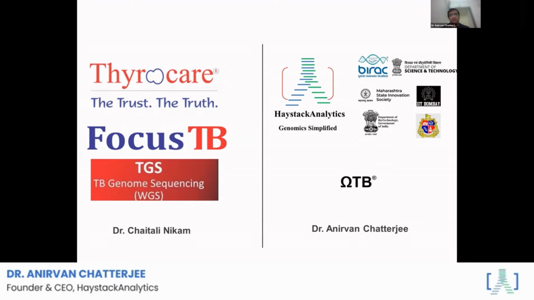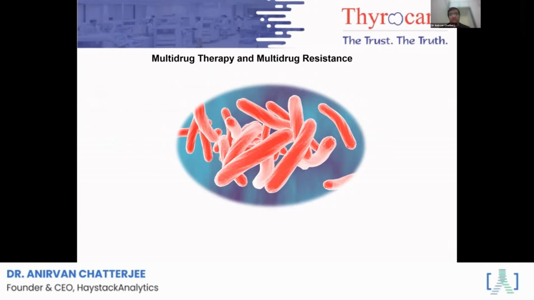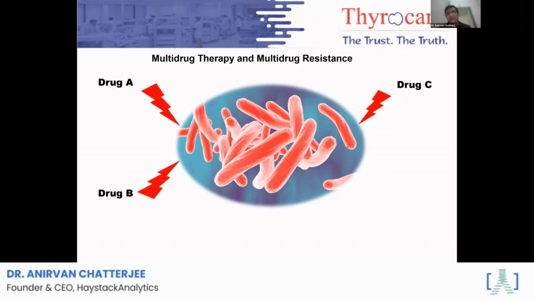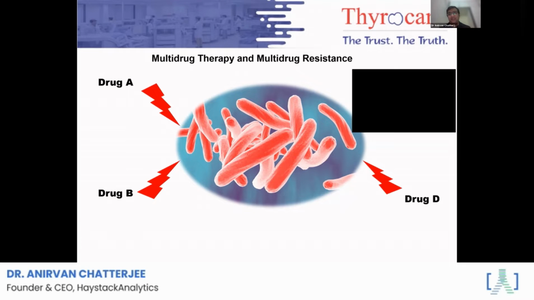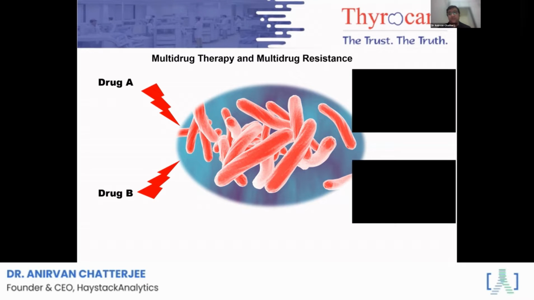So to begin with, we need to understand this entire phenomenon of multi-drug resistance and what it has got to do with multi-drug therapy. Well, it has got nothing to do with multi-drug therapy, because multi-drug therapy was designed so that multi-drug resistance doesn't come. Because evolution always results in drug resistance in some form or other. Because TB is a slow-growing bacteria, the chances of developing drug resistance are much higher than other bacteria. And very early on, WHO and the scientists of the world put together this idea of putting multiple drugs so that if one drug doesn't work, the other 3 kill. If the second drug doesn't work, the other 2 kill.